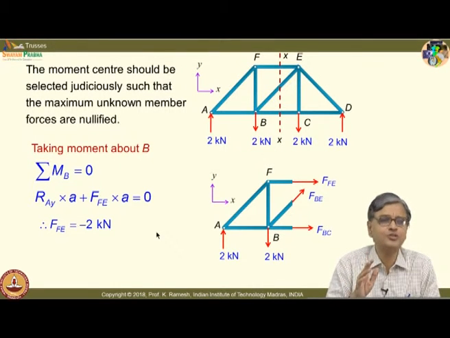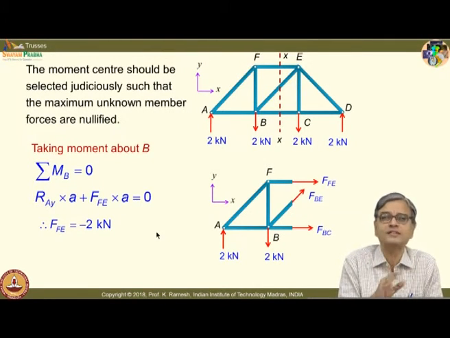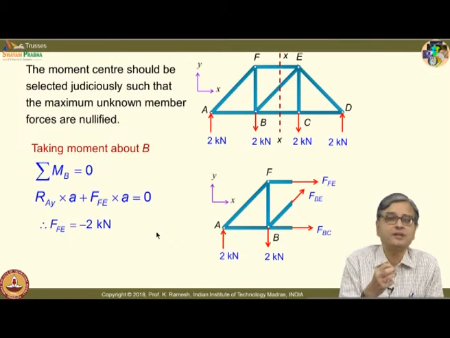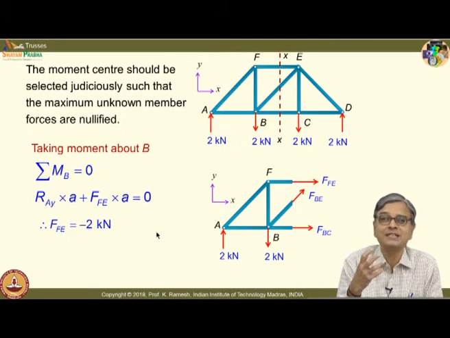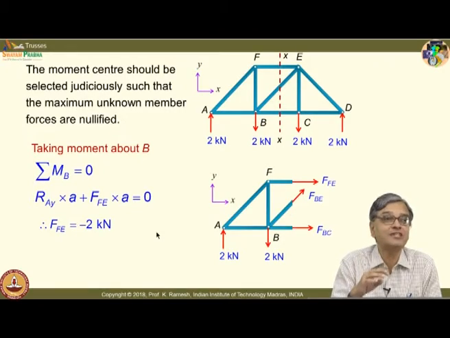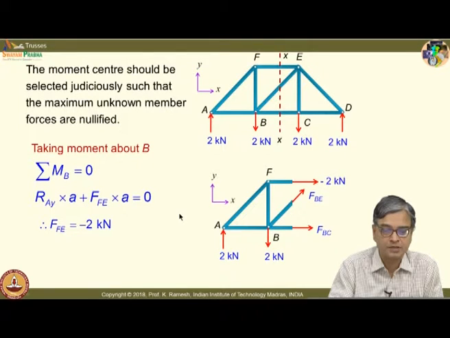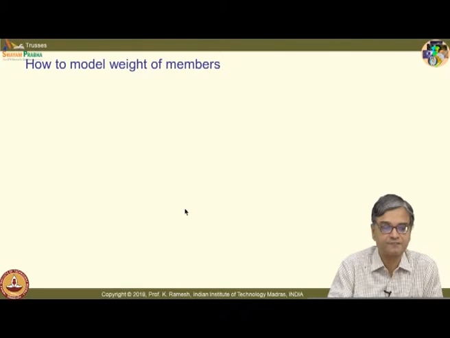But I would urge you to visualize, because the whole course is you have to be prompted to visualize what happens in actual situation when the loads are applied. Take mathematics as a support, as a verification tool. It should go hand in hand with your visualization. So, we have minus 2 kilonewton and the direction is also changed, and I finally put the value as 2 kilonewton compressive.